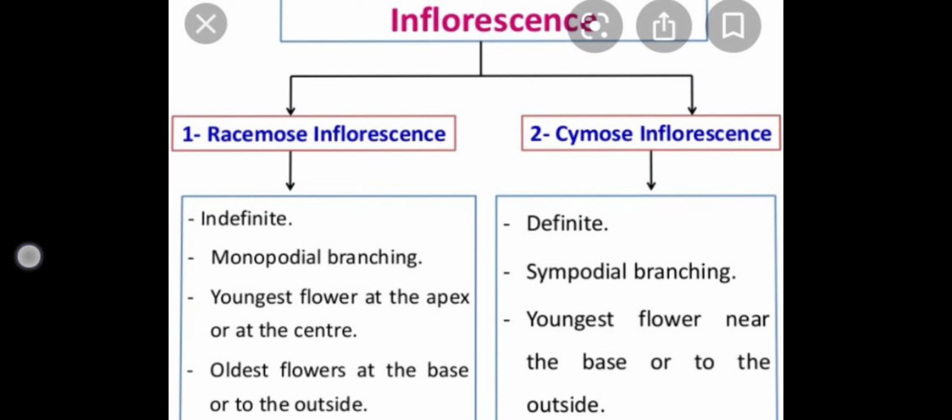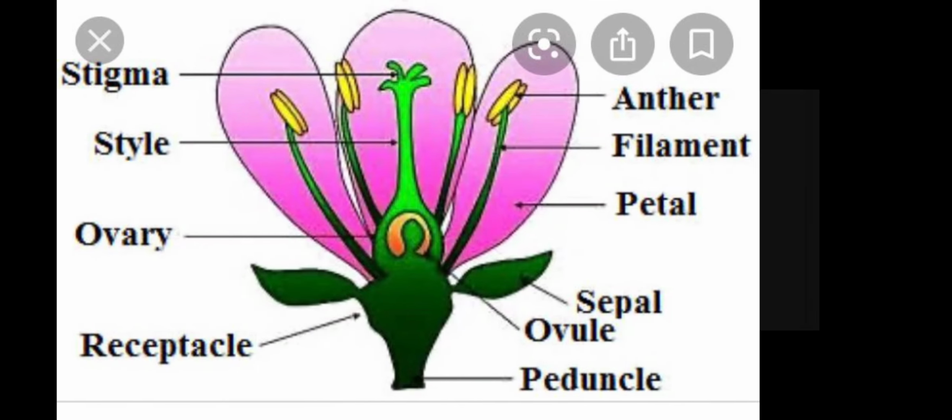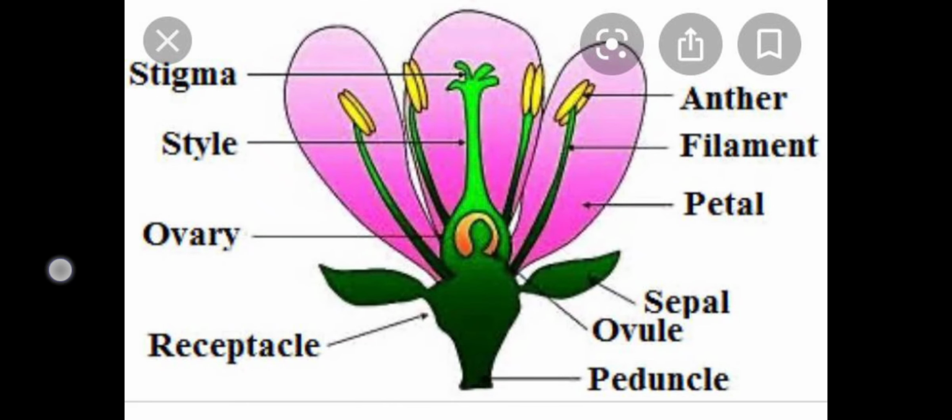This is the chart that gives you the differences between the two types of inflorescence, where in racemose the growth is indefinite, cymose has a definite growth, then it has monopodial branching, then sympodial branching, flower is at the apex, youngest flower near the base. So all these points we have already discussed. You can use this chart for writing the differences. Now if the flower is having all the four whorls in it, that is sepal, petal, calyx, corolla, androecium,